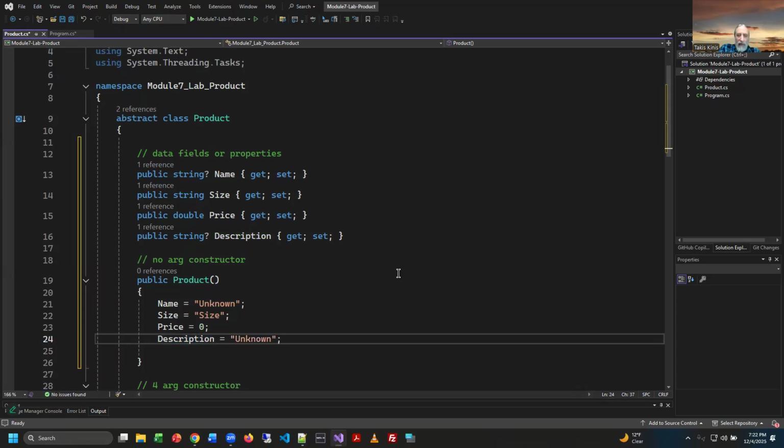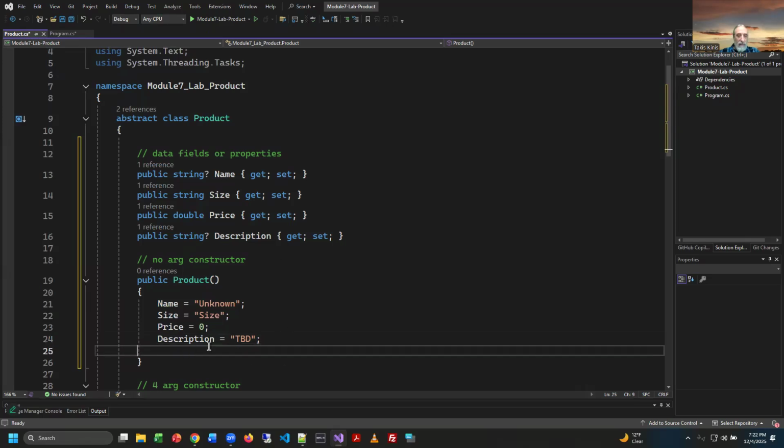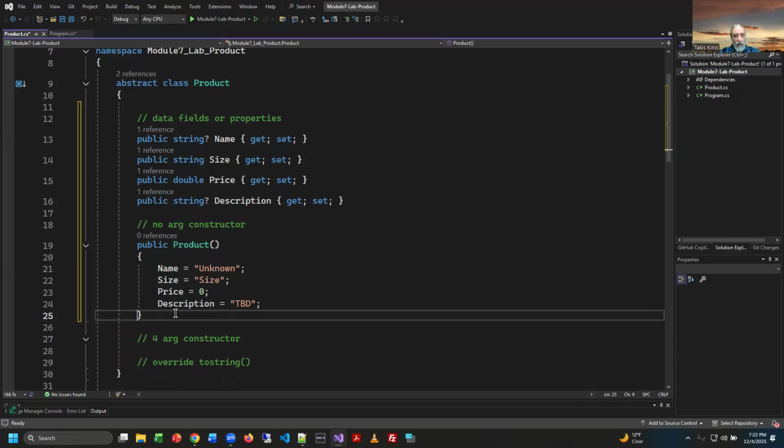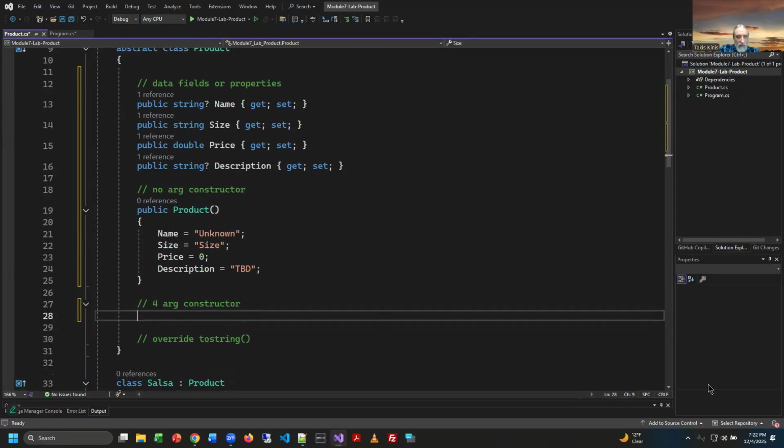Well, this is coming up with unknown. I mean, I guess you could put unknown in everything. And I think what I'm going to do is TBD. Why? Because that's what I did last time. It worked fine. So there's a no arg constructor. It does set all the data fields, builds the object. We might not like these entries, but ultimately we're going to do a four arg constructor that will fix that